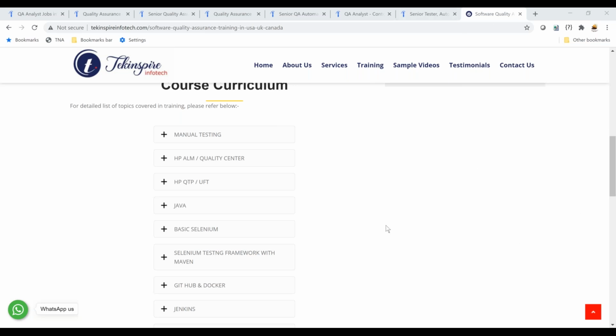Yeah, all the classes will be in EST. So the weekday batch will be from Monday to Thursday, 8:30 to 10:30 EST. Weekend will be one batch in the morning. We are supposed to start at 9 o'clock, but a few people are requesting 10. So one batch will be from 10 to 2, and the other batch will be from 2 to 6. Okay, great. Thank you.